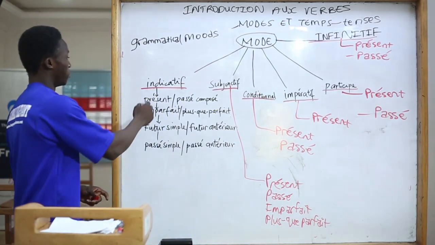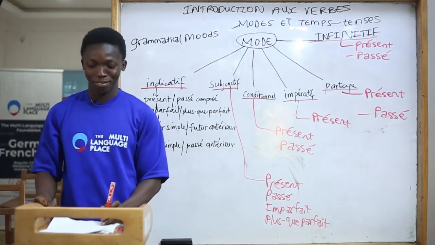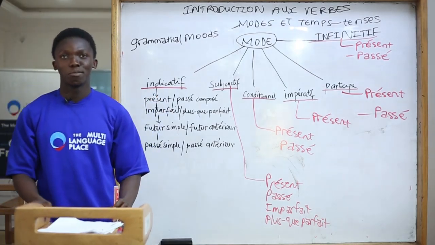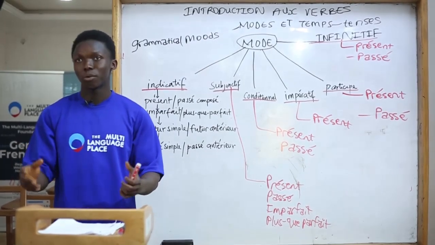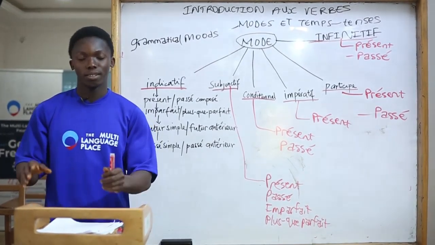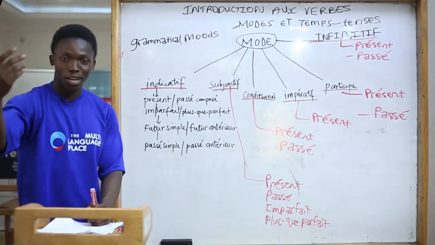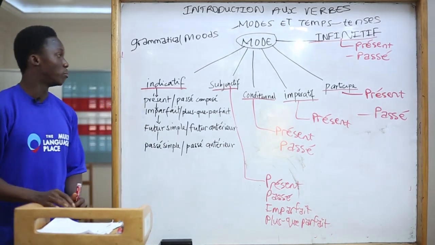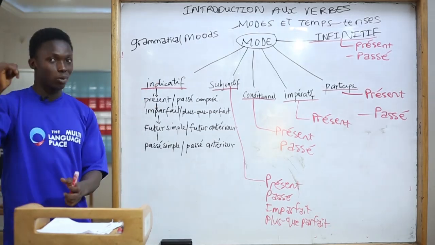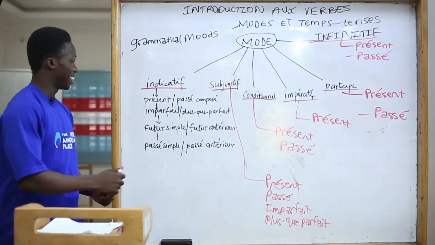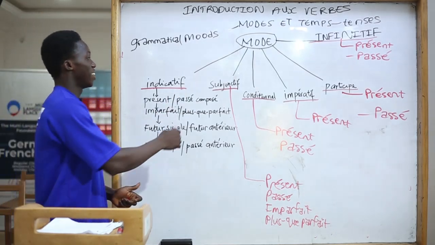Très bien. Bon, indicatif. Why do we have indicatif? What is the function of indicatif? Indicatif is a mood mostly used to indicate the tenses or the time when an action takes place, probably presently, in the past, or it will happen in future. It is the most commonly used mood used to indicate when an action takes place, will take place, or took place. It is very useful. You like it. You need it a lot.